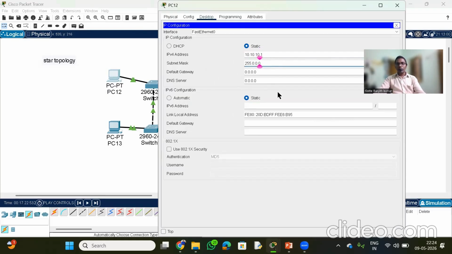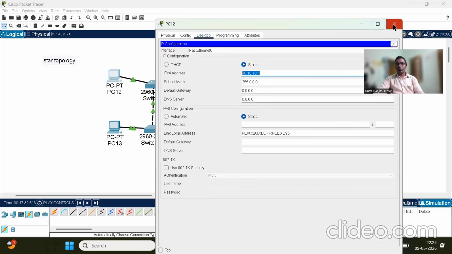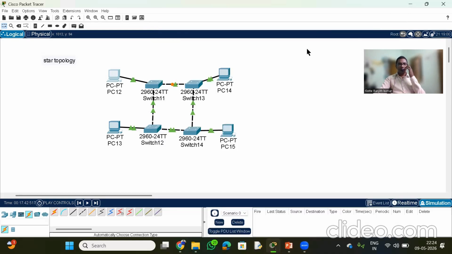Then you get 255.0.0.0. What is this subnet mask? Class A, class B, I already explained in my previous video on IP addresses. So now this address is 10.10.10.1. Now look at this, all links are properly connected to each other except this link,